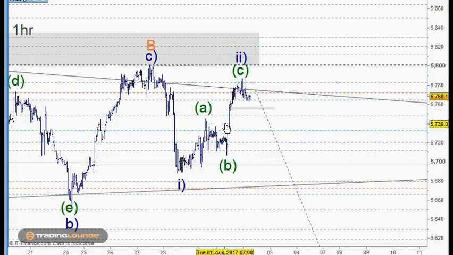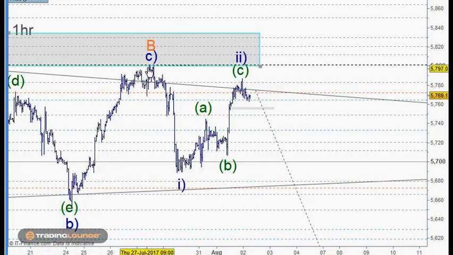It has moved through the 61.8% mark of the previous swing here, but I'm not too concerned with that because all the swings within this particular pattern across here have pretty much moved past their 61.8% mark. So I'm not too concerned about that, but I'm more concerned about the pattern. So the pattern at the moment is that